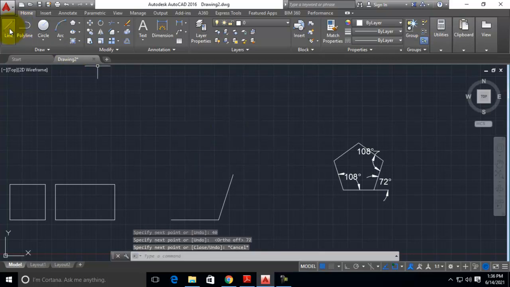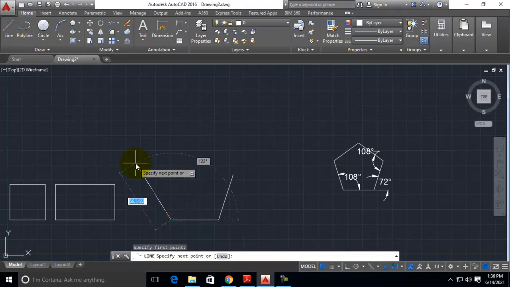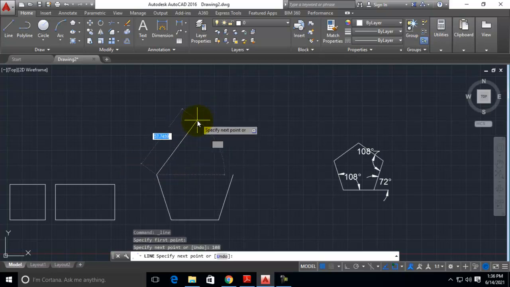Before that let us draw this line from here. This angle should be 108. 40 will be the length. 40 is the length for all the lines drawn in this pentagon. 108 will be the angle. Now we have to complete this.